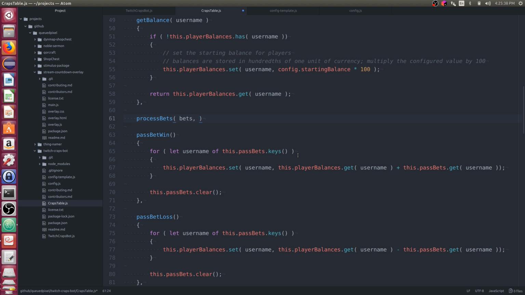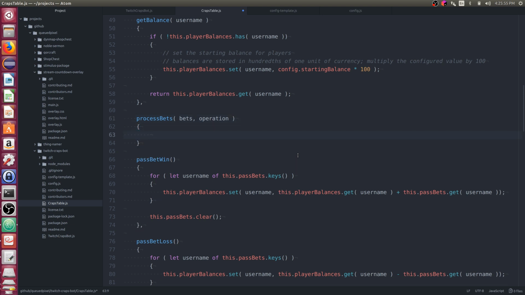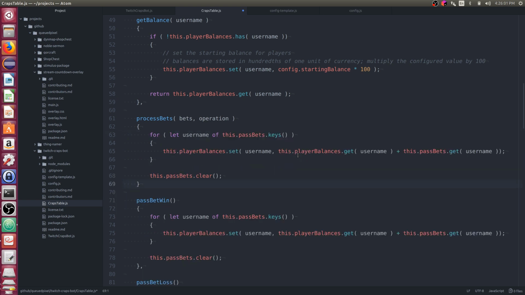But this function would be for whether it is a plus or a minus or something more elaborate. So we could say, let's go operation for now.